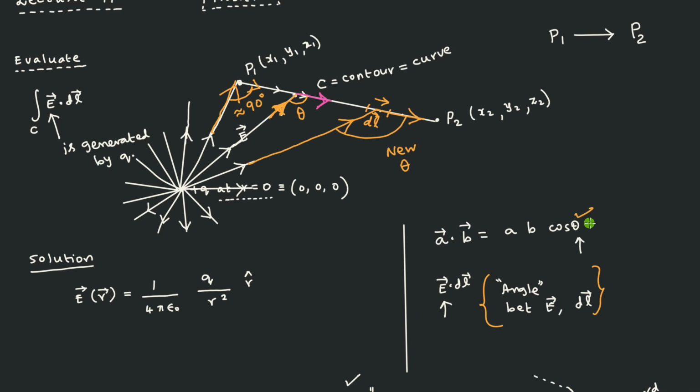Initially the problem might have looked, or you may have felt, that the integral of E dot dl was simple. But once you think about how to evaluate the integral E dot dl, you feel there is some difficulty because the angle is changing continuously. It appeared to be a simple problem because the contour given is a straight line path. So you think that evaluation along the straight line is always simple, isn't it? That is the general opinion.